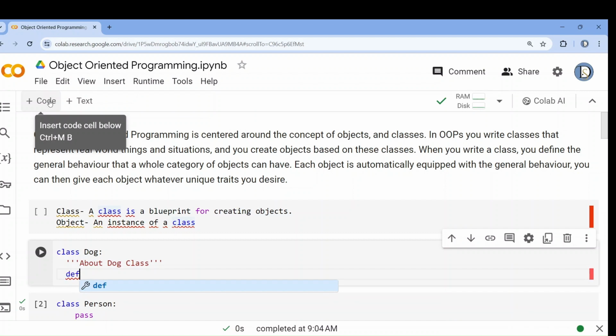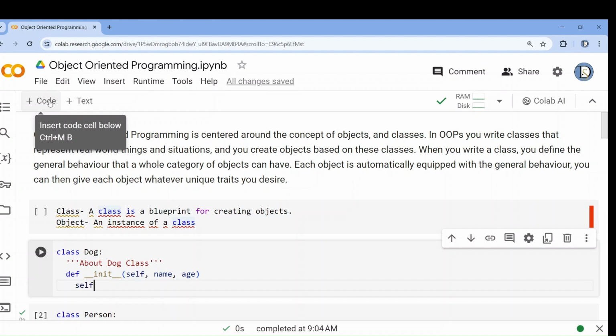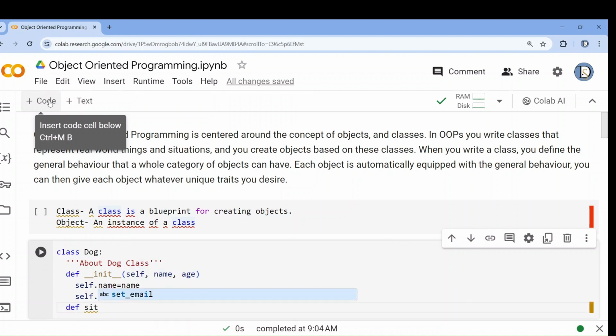Now inside the class, we will have attributes and functions. Function starts with a def keyword. Now I have to give init. I will explain this. Inside this, we will pass some parameters: self, name, age. Okay. Now self.name equals name, self.age equals age, def sit